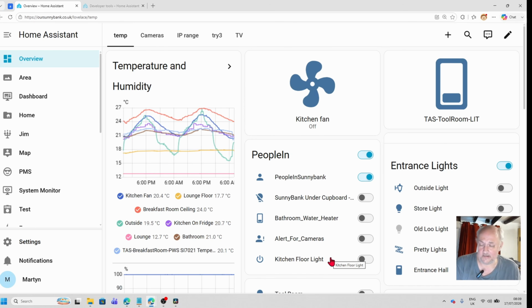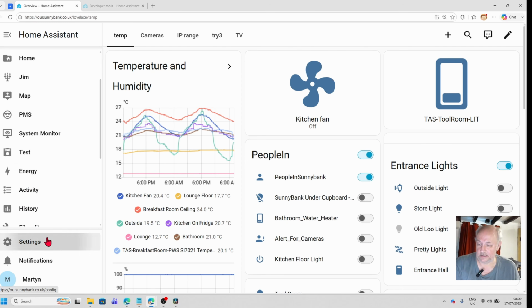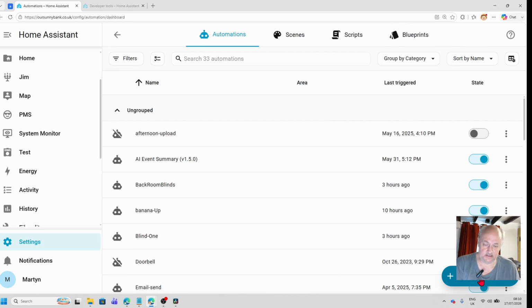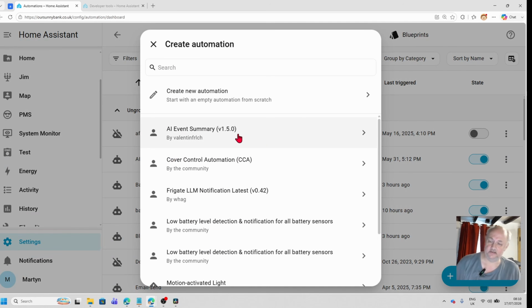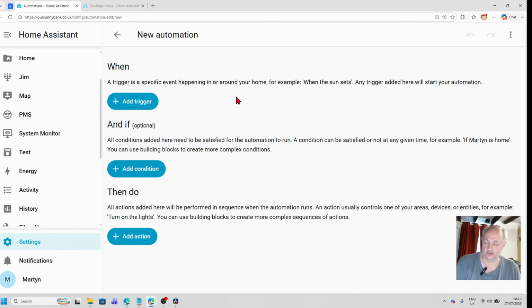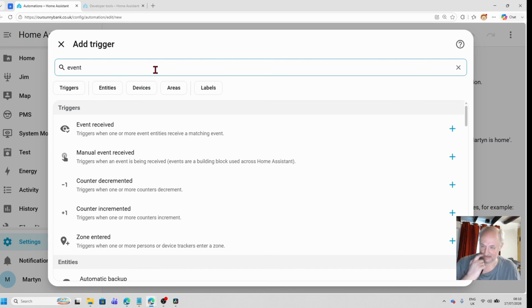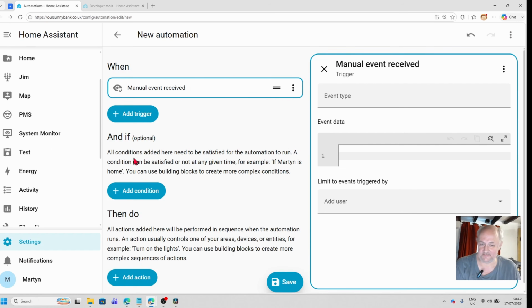Right, so we're all set up now, so we need to make it work. What we need to do is go down to settings, automations and scenes, and create a new automation. I'm going to create a new automation. Now we're going to add a trigger. Now these are events, so you need to type event, and it's a manual event received, and the event type